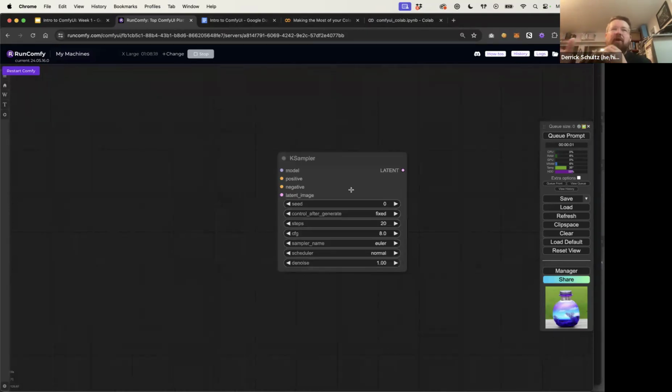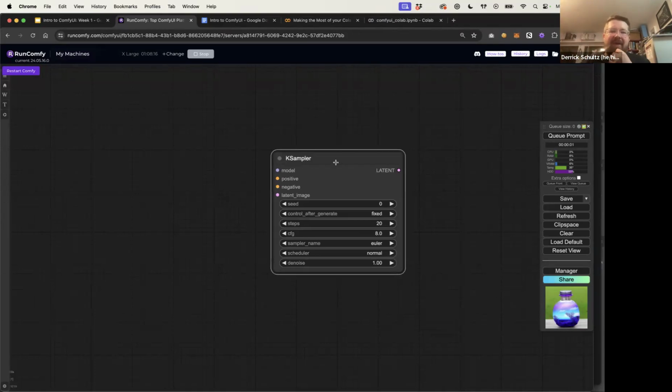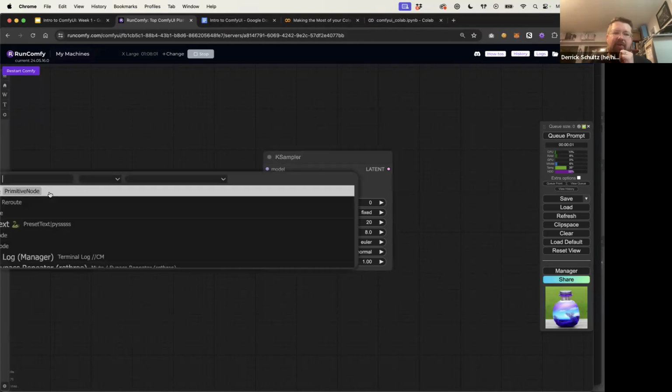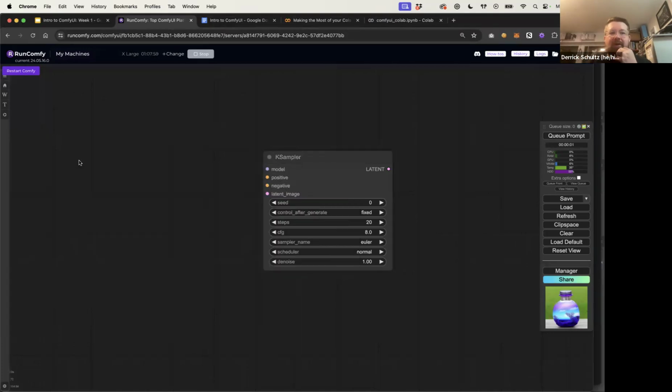So that's that node. Let's go back and start to build out the rest of this because once we start to generate images, we'll be able to talk about this a bit more. So we have a bunch of inputs here. Now what we basically want to do is work backwards from our K-sampler into building out our system. There are two ways to build out nodes from here. One, we can double click and search for the node we know we want. The other thing that is helpful is to click on the input circle, drag it out, and then release. It's going to say add node. And actually I think you release with control. Nope, release with option.